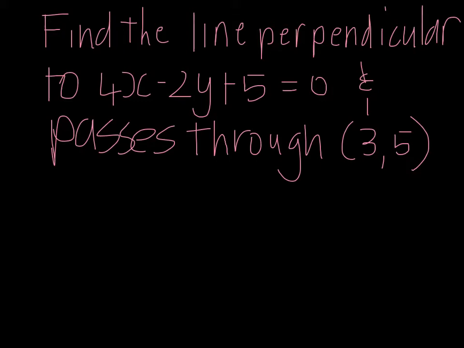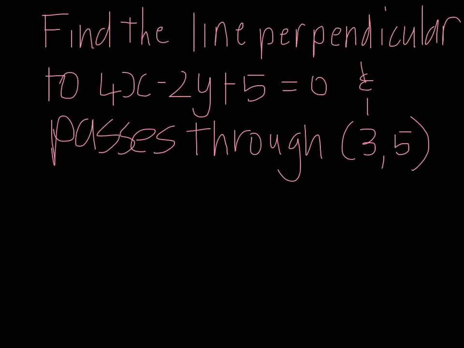So the first one that I'm going to do in this particular example, I will do some others later. We're going to find the perpendicular line to the line 4x minus 2y plus 5 equals 0 that passes through the point 3,5. So with perpendicular lines, we know that if two lines are perpendicular,